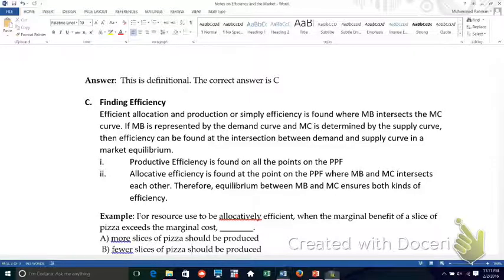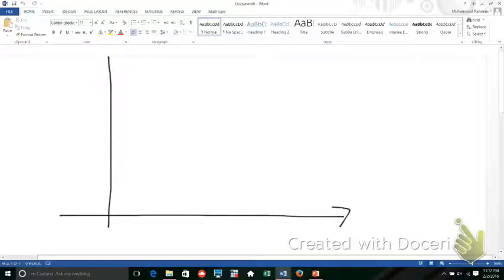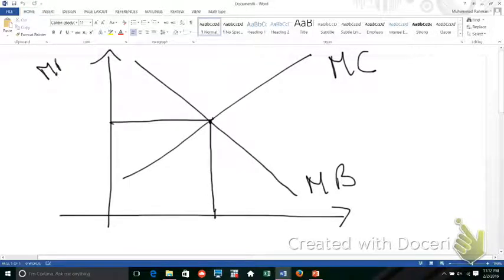Okay, so we want to go back to our drawing board again, and let us draw the marginal benefit and the marginal cost. So marginal cost is upward sloping, marginal benefit is downward sloping. At the intersection, we find the output level, let's call it Q star, that guarantees economic efficiency. Let's try to understand this